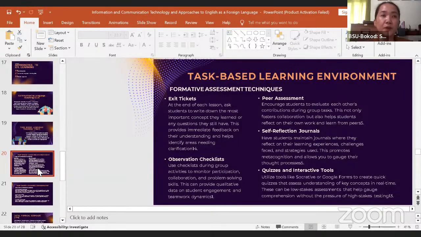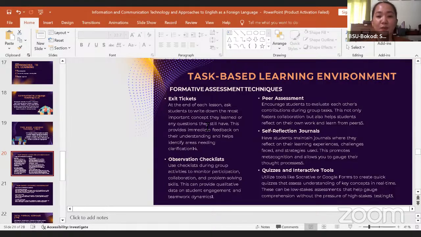For example, for formative assessment. So after we give them the task, okay, these are some strategies that we can use in our classes. Okay, an example is the exit tickets. At the end of the lesson, we ask the students to write down the most important concept that they have learned or any question that they still have.